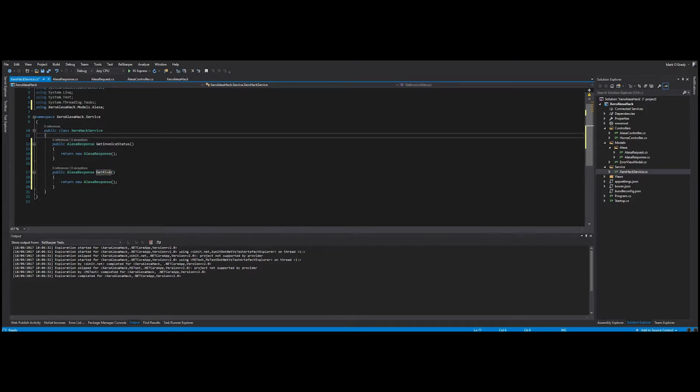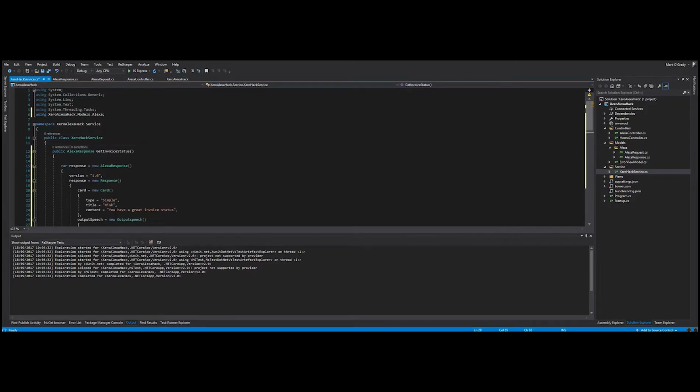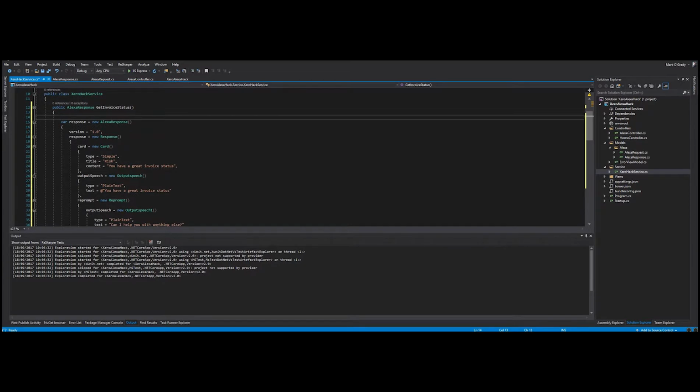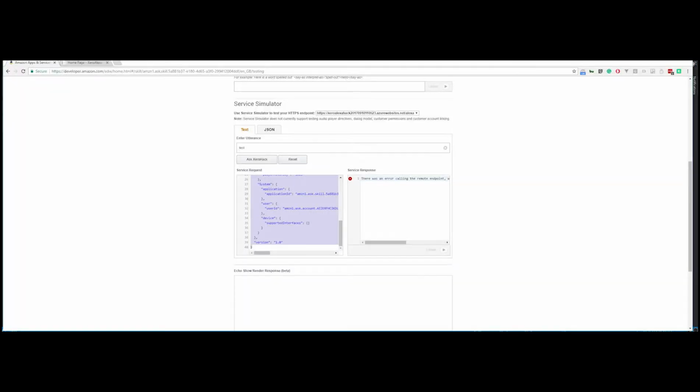Now I'm just going to quickly populate all the data within these. So I've put in a few bits here. Sorry, I just need to change a couple of bits. But essentially we've got a response that we're going to send. Now you've got these cards which you'll see within their app, which are little bits of text that come up. We've got output speech. This is what's going to be responding. So we're going to see here that we're going to respond, you have a great invoice status. You've got plain text, and you've got another type, which is their type,